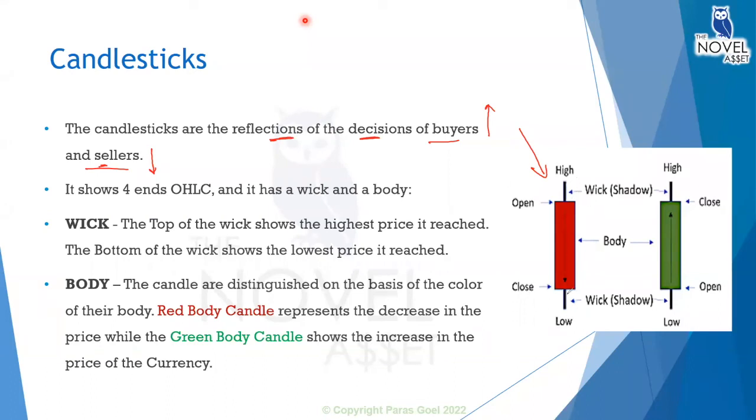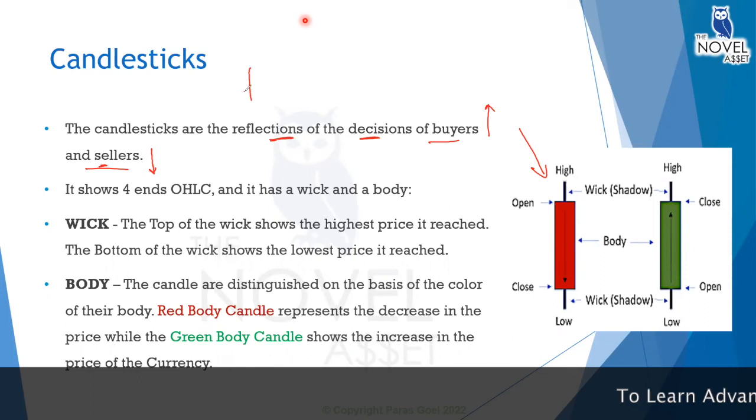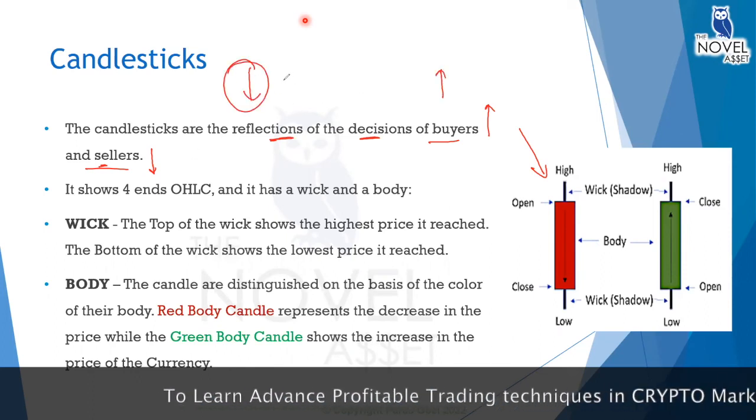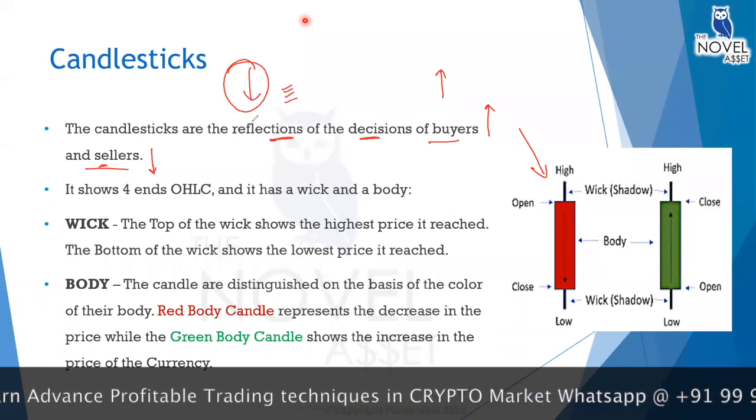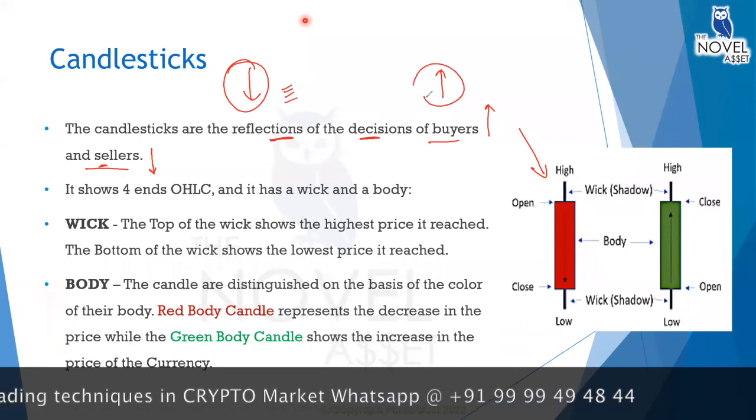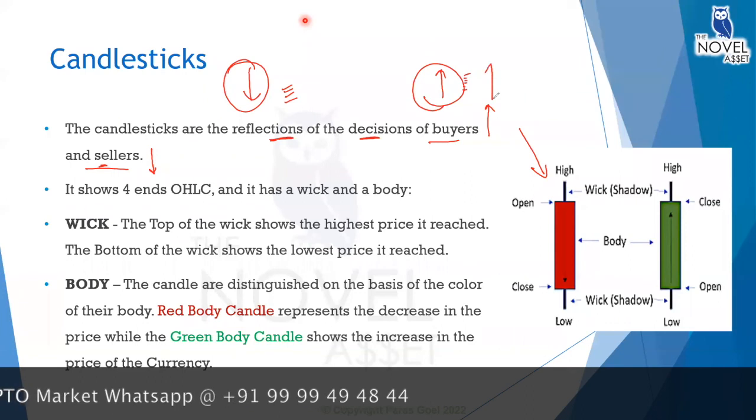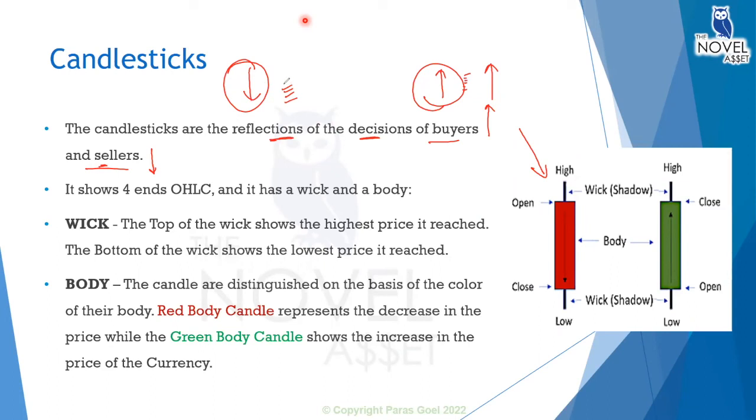And that is why the price decreased. See, understand why the price decreases and why the price increases. When the sellers are selling in huge quantities, the price will decrease, obviously. And when the buyers are buying in huge quantities, the price will increase. This is very much clear to you. Why does the price increase or decrease? Yes. So I can say that when the sellers are selling in huge volumes, that means the price is going to decrease. And similarly, when the buyers are buying in huge quantities, that means the price is going to increase for the day.